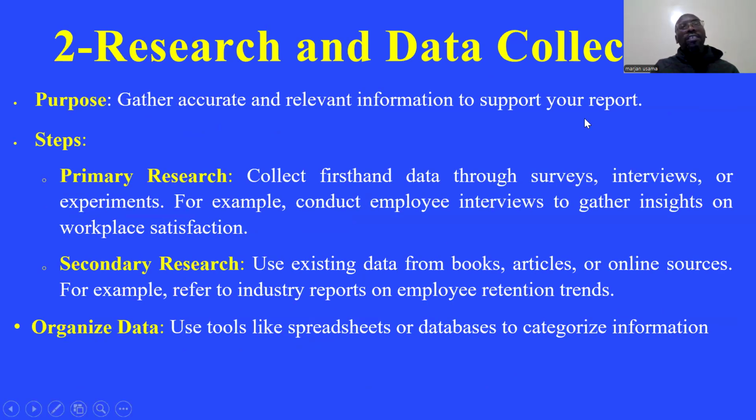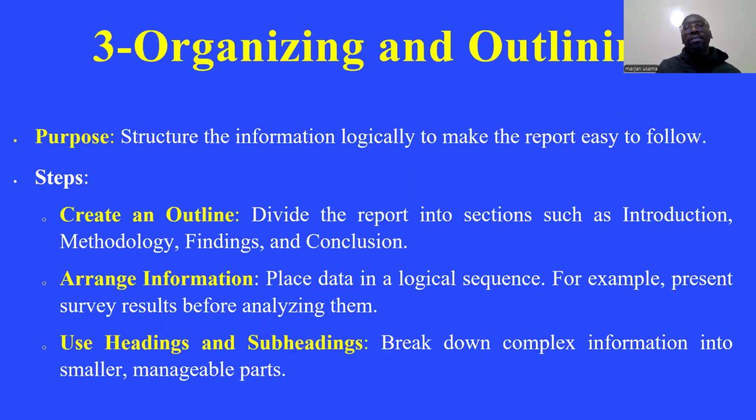Number 2, research and data collection. So you need to gather and have enough information. And we will discuss more about this. We normally have the primary data and you have the secondary data. So in your research, chapter 1, 2, 3, most of the time it's just secondary data. But when you go to chapter 4 and 5, it's more about primary research, where you use the questionnaires, the surveys, the interview.